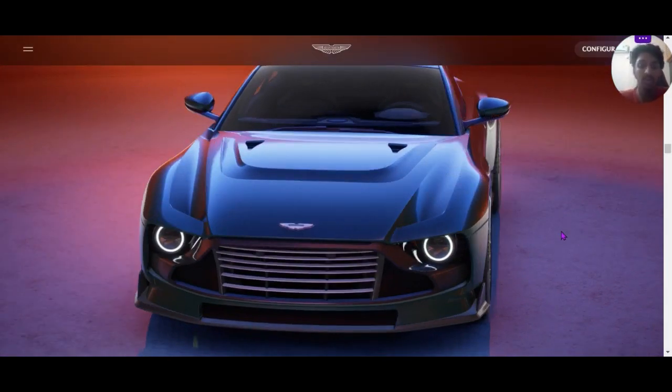And as you guys can see, the whole front end resembles the one with the Victor, and this was actually conceived to commemorate the 110th anniversary of Aston Martin, which is this year, which also means that only 110 of these bad boys will be made. And it makes sense, since this is the final hurrah for the V12 and manual combination being made by Aston,